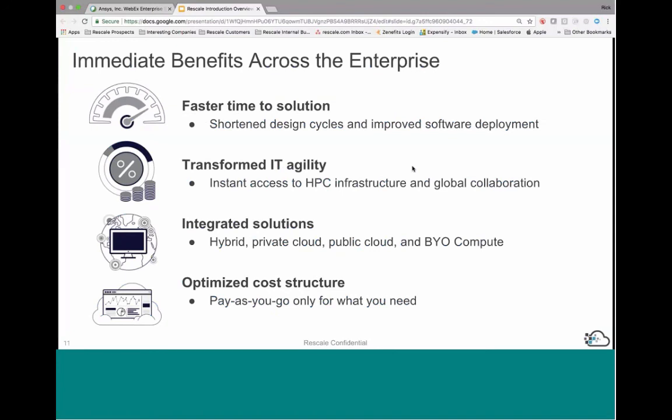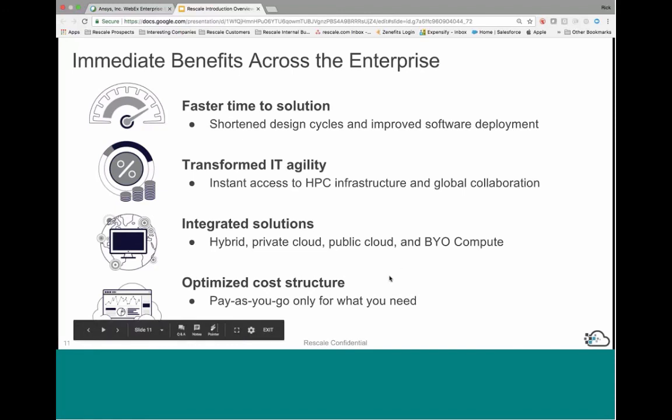We give the ability to be very flexible, very nimble, very scalable. Again, these virtual clusters are spun up nearly instantaneously and then shut down upon completion of a job. We do offer integrated solutions. We do have customers that have on-prem, and we work with them in establishing hybrid solutions so that workloads and workflows that are best suited to the cloud can run in the cloud.